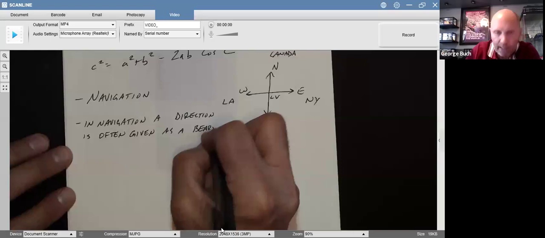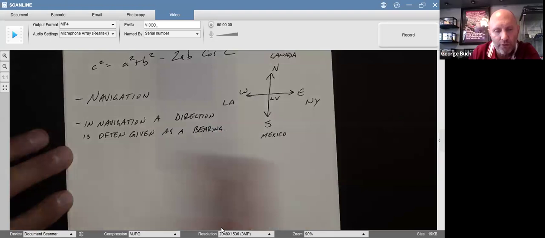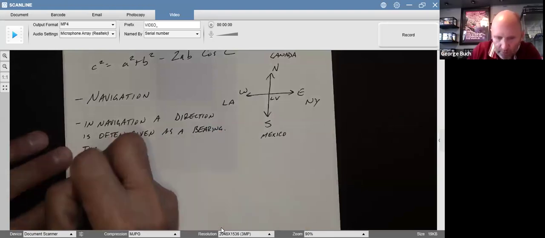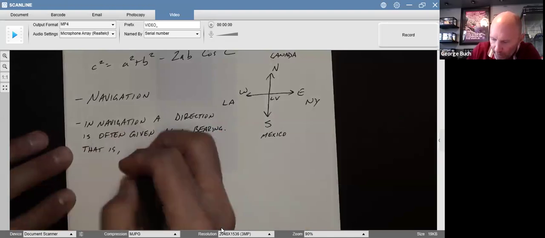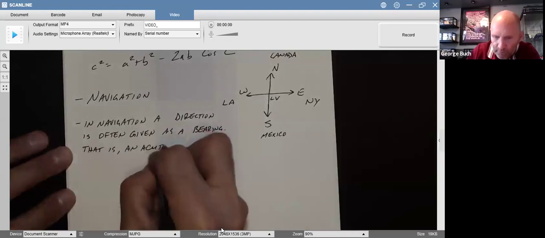And so you'll a lot of times hear me say it's a bearing navigation problem because they're related to each other. So that is what bearing means: an acute angle, so less than 90 degrees,